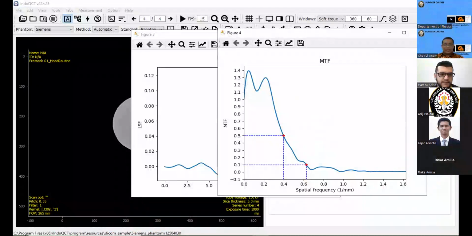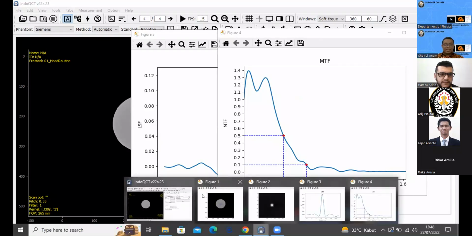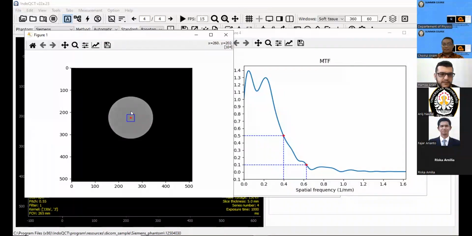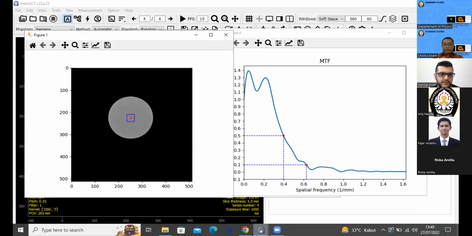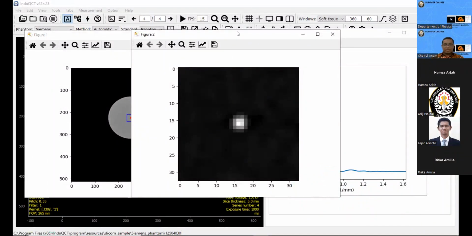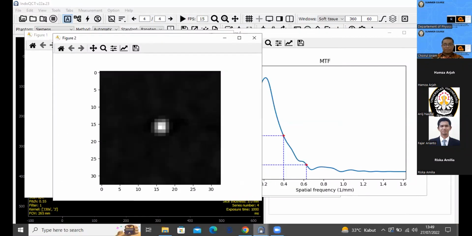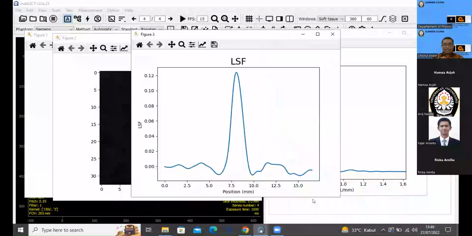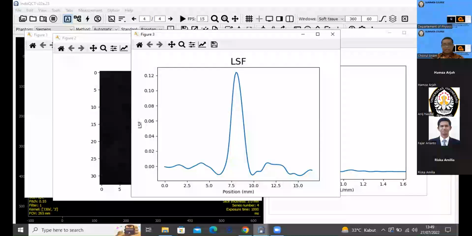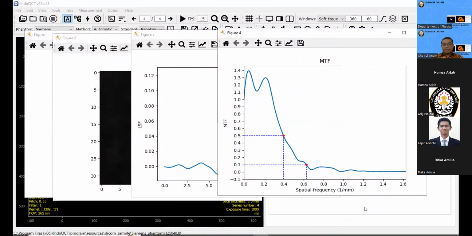This one is our segmentation. We can see that our segmentation is accurate, and then this one is the cropped image within the ROI, and this one is the LSF, line spread function, and this one is our MTF, modulation transfer function.